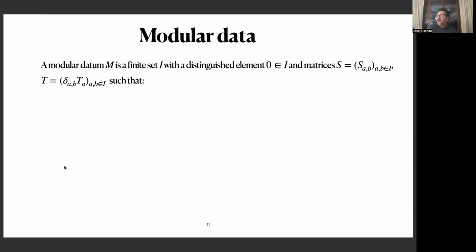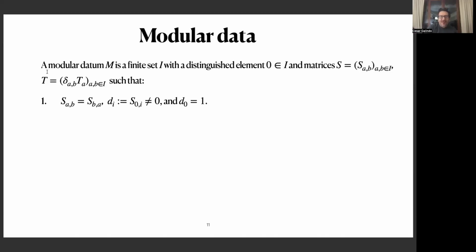To be honest, here we are not really interested in knowing the best axiomatization. Let's say the best axiomatization, at least for me, is that it's an S and a T that come from a modular category. But in any case, there are basic properties of this S and T